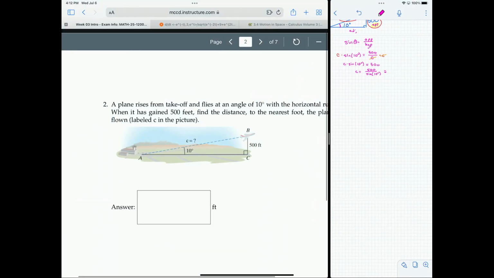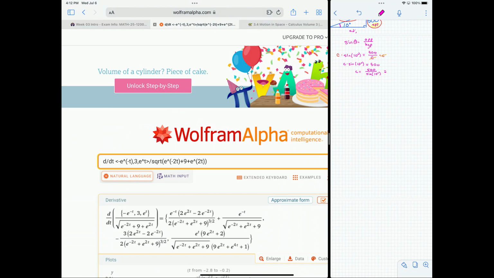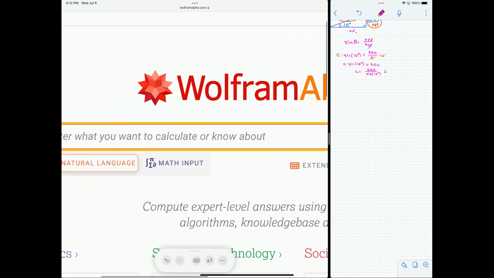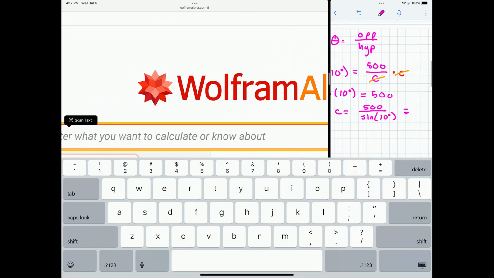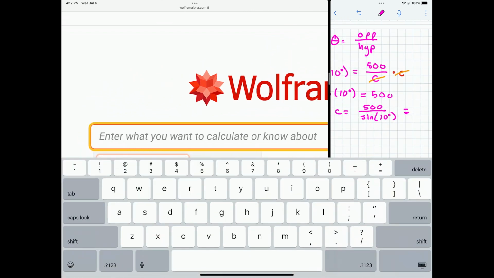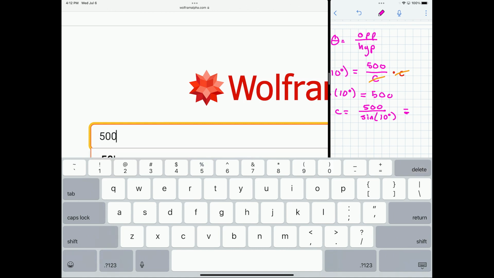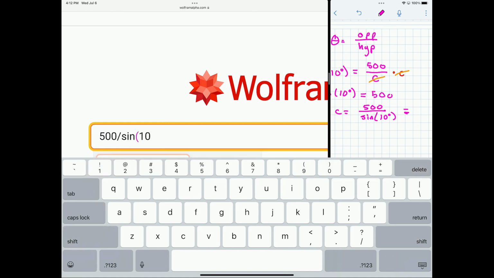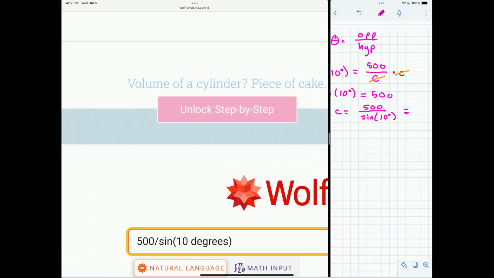Now be careful. I'm going to go to Wolfram Alpha to do this. So this is the site that I like to use for calculations. Be careful. If I do 500 over sine 10, it's probably going to interpret that 10 as 10 degrees. But you have to be careful, because if I do sine 10 degrees, I'm going to just write 10 degrees there,